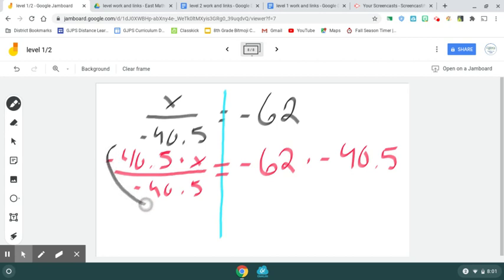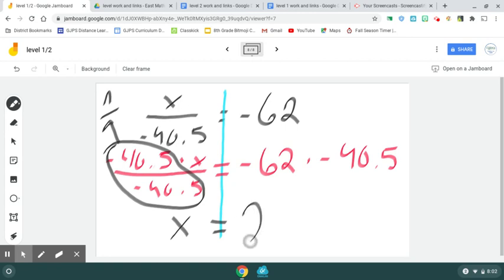So all of this is going to equal our big 1. So then on the left-hand side, we have 1 times x, or just x, equals negative 62 times negative 40.5 equals